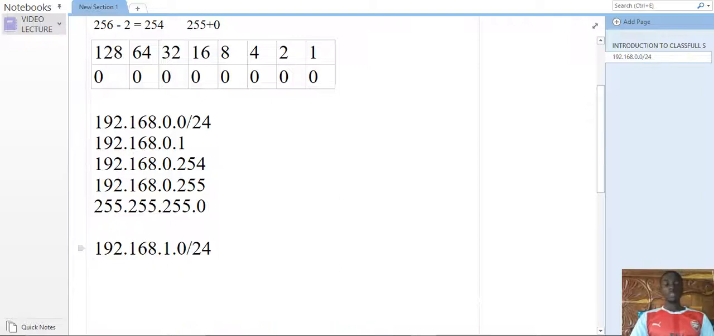Let's find our broadcast address. Our broadcast address will be now 192.168.1.255. Now that is what we have. Okay. Now what would be our first valid IP address? It is always to add 1 to whatever value that is in the last octet of the network address, which is now